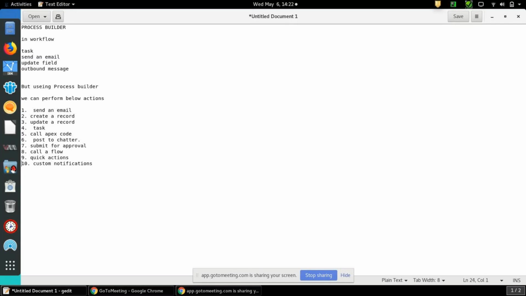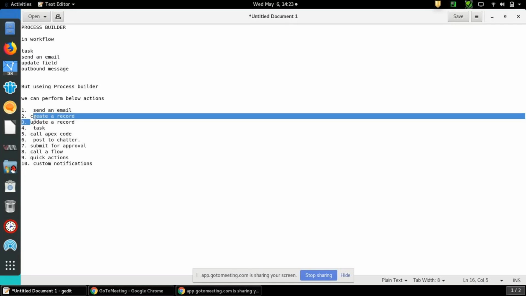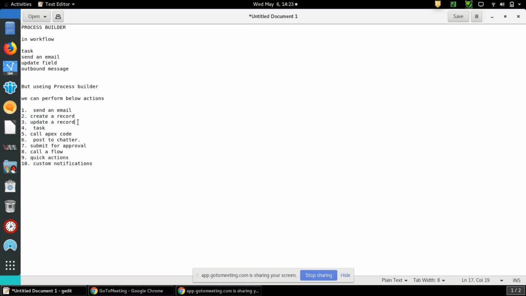Sending an email, you guys know what that is, and creating a record. Suppose some criteria is met and you want to create a record in some other related object, you can do that. And if you want to update a record in a related object or the same object, you can do it. And if you want to assign a task, you can do it.